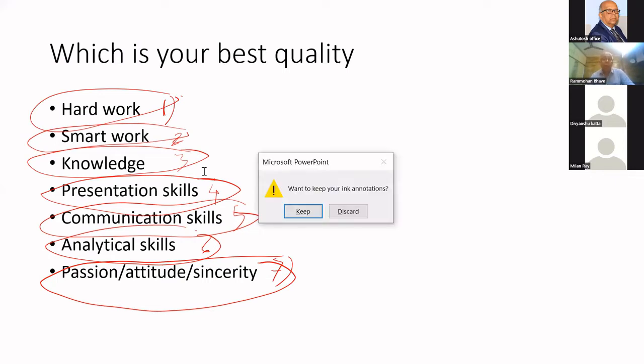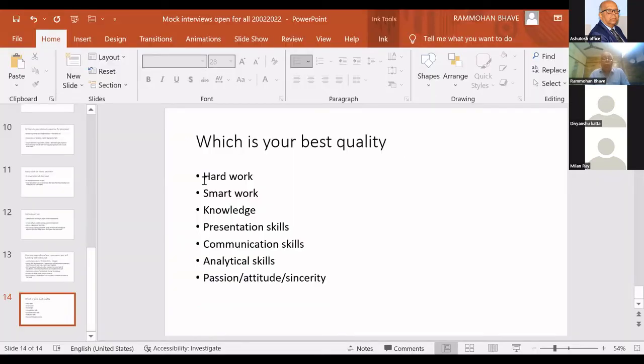Right. Then came the days, but if you are doing hard work or smart work without having the knowledge, then you might do the work which is useless. Then people said, okay, you have knowledge, you have done the work, but if you cannot present properly, then anyway that work goes waste. Then people came one step further saying, okay, presentation skills, you got the PowerPoint slide prepared by your assistant, but you cannot communicate that in the meetings, then you are a waste.